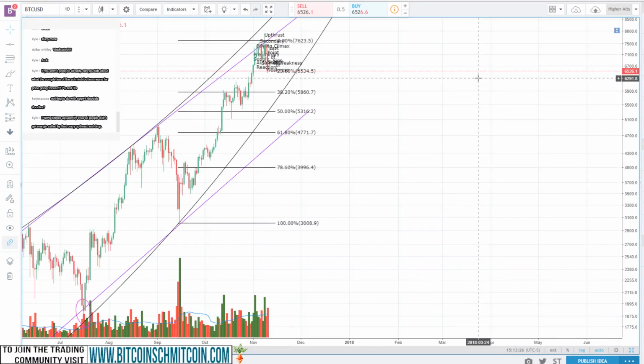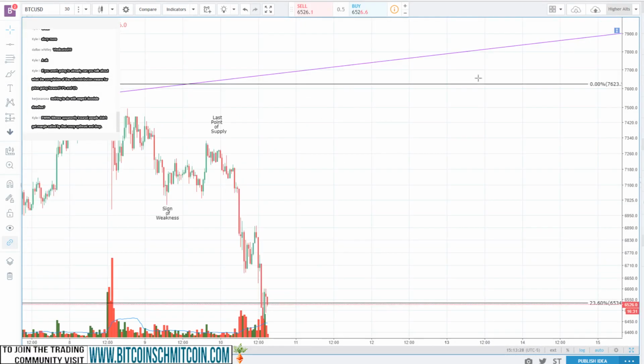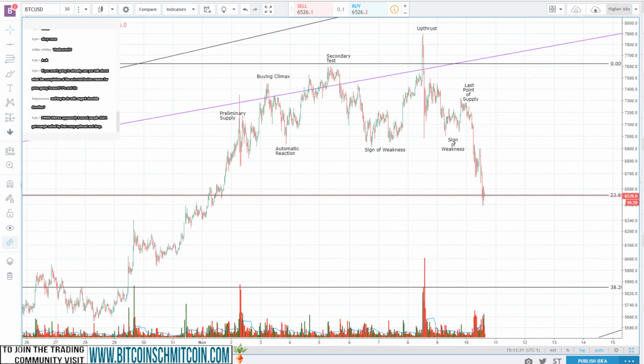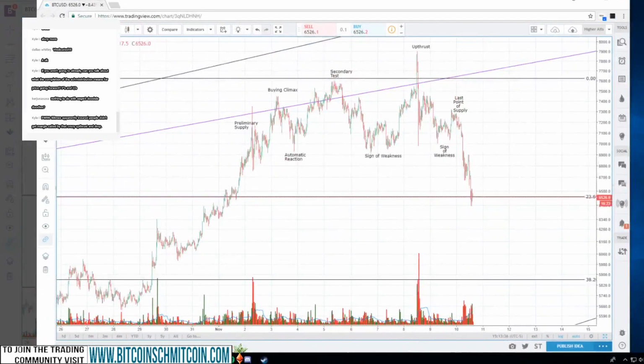One of the most notable things about this move over the past few days is that we actually tested this linear ascending trend line right here. This pink line has been an historic point of reversal in our market's history. So it tested it, broke upward and immediately got rejected, and now we're seeing the reversal period. So before I go any further, do you guys have any questions about this distribution phase? Because I think it's pretty important.